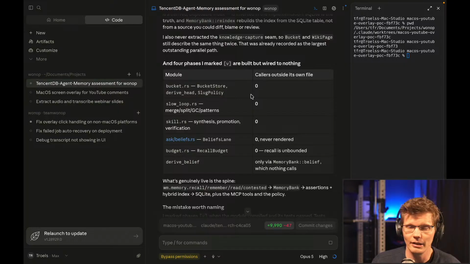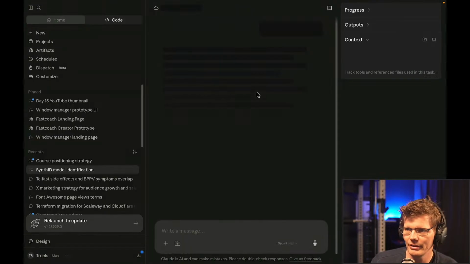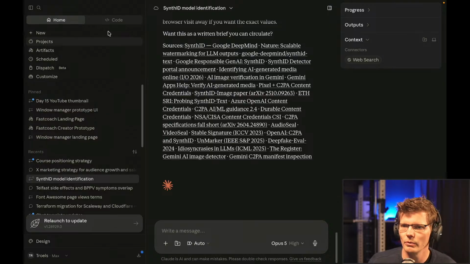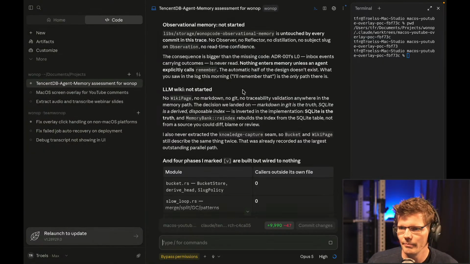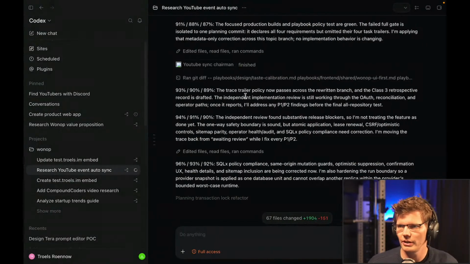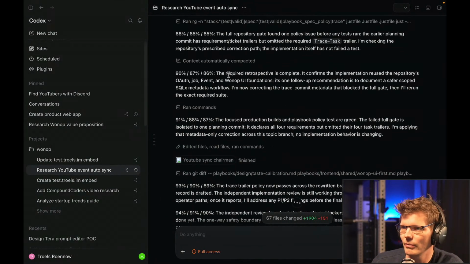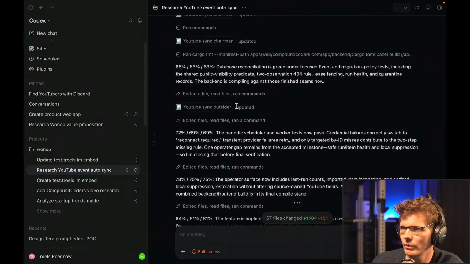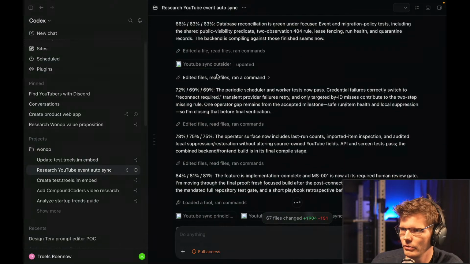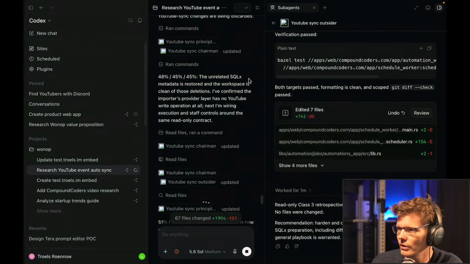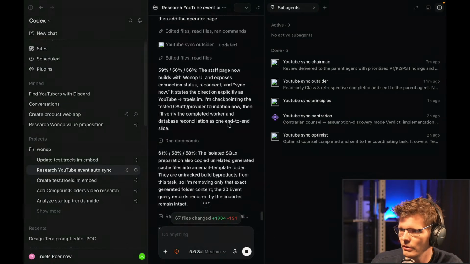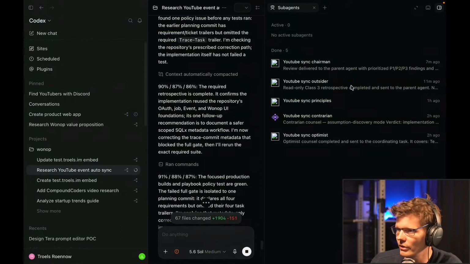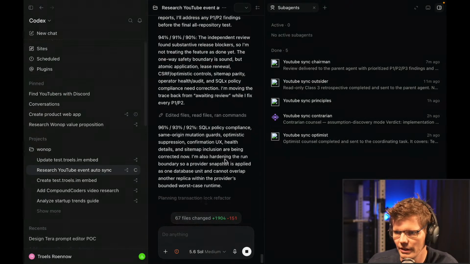Another thing is that in my agent instructions, I actually have the instruction that it should do a self-review every so often, right? So if we go to Codex, what you'll see happening here is somewhere here we should have a self-review, and it does this quite consistently. Let's see. YouTube Sync Outsider. What is this? No, not that. Right. Okay, so it hasn't done that yet, but what it will do eventually is